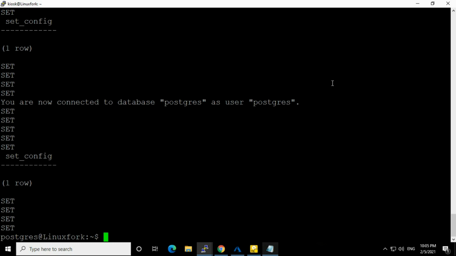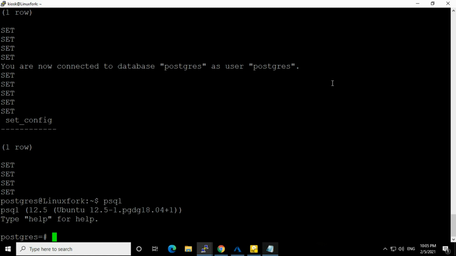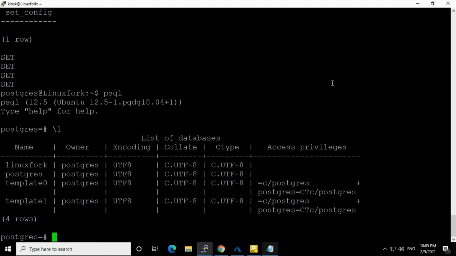It's done. So the Postgres database restoration process is completed. Just log into Postgres using psql for checking purposes, and see that the database is present now.